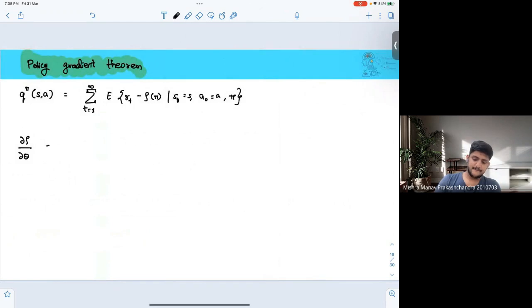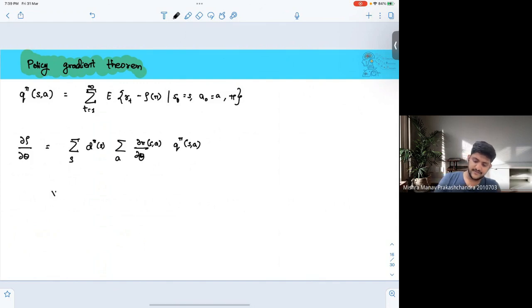So I get the sum over all states d pi of s, summed over all a, d pi by d theta of (s given a) times q pi of s comma a. Okay,